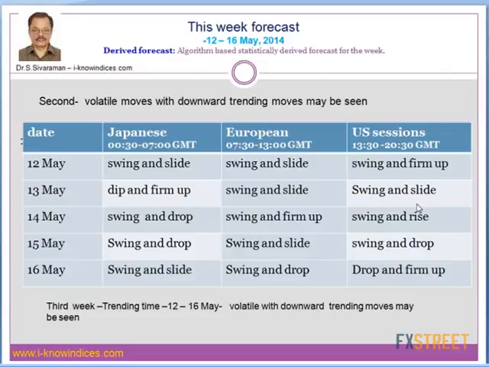So you know that on Friday, how they had done the slide without a pullback, and the same way, they will try to continue to make the slide on Tuesday. Then Wednesday will come across more drop. And then they could quickly firm up, and that will give the impression to the traders that the market is reversed. And then they will try to go in for a breakout trade. Then afterwards, they will swing and drop, slide, and then drop.